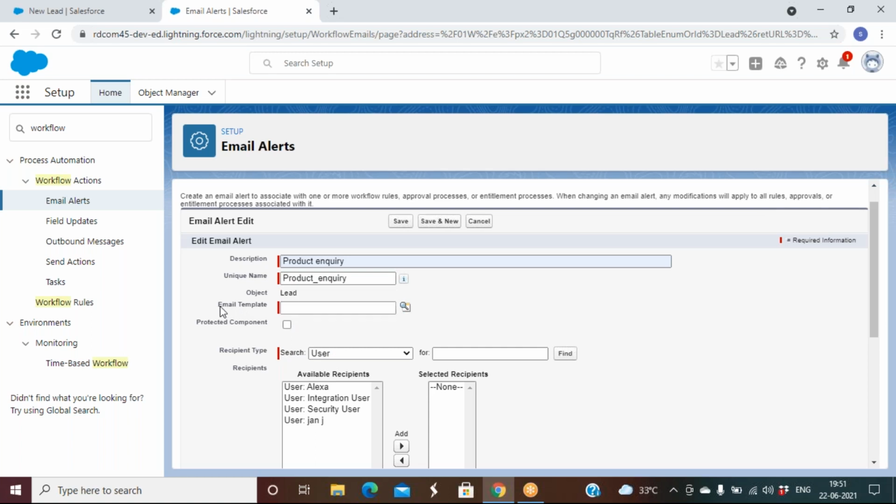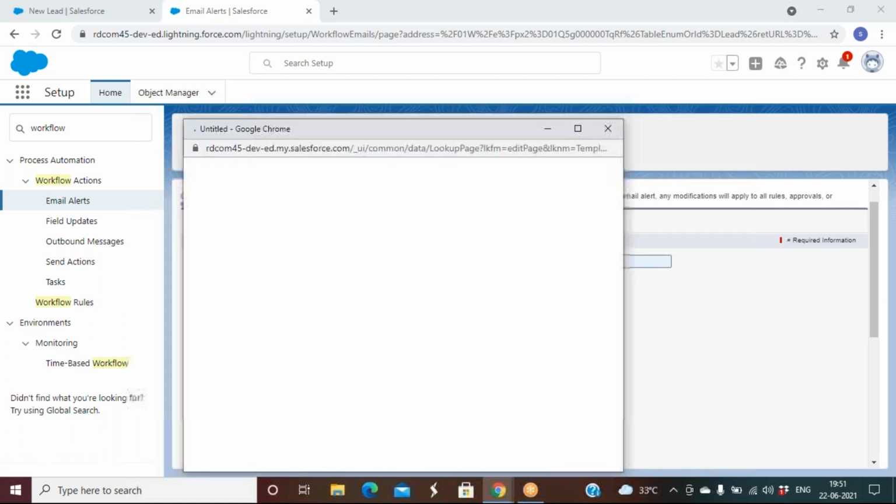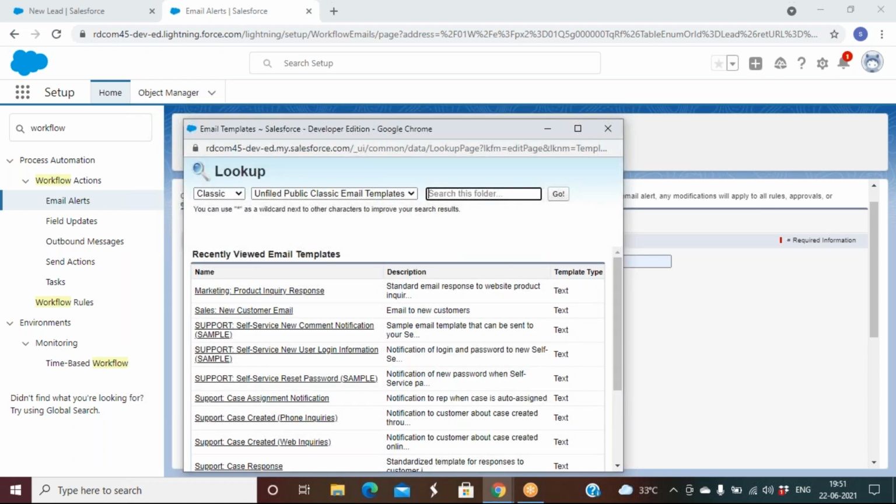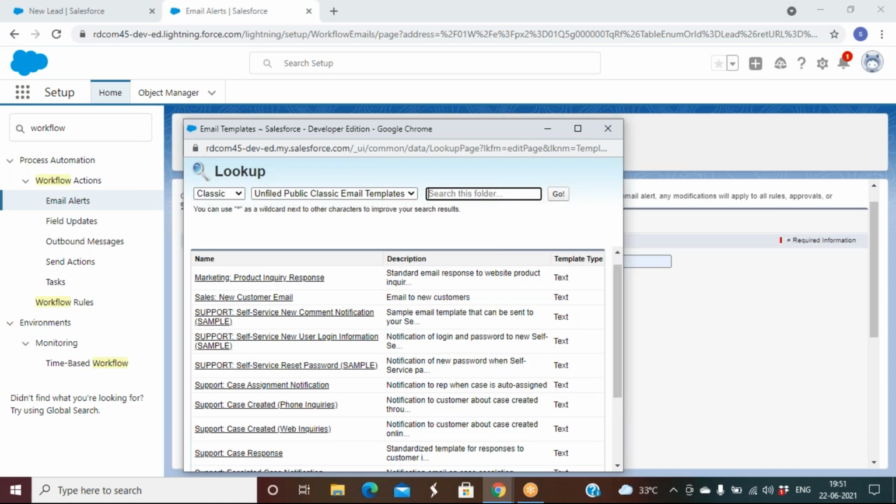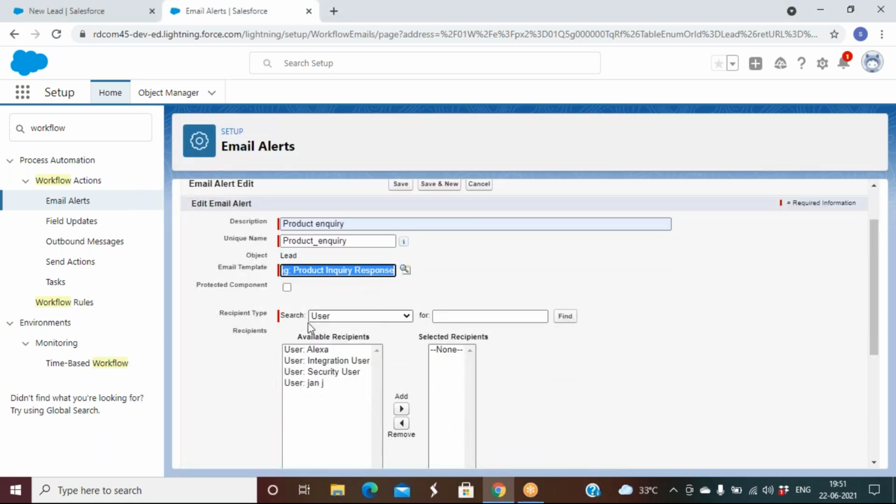What is the email template that you want to use for this? Select the lookup. I want to use an email template related to product inquiry. Select.